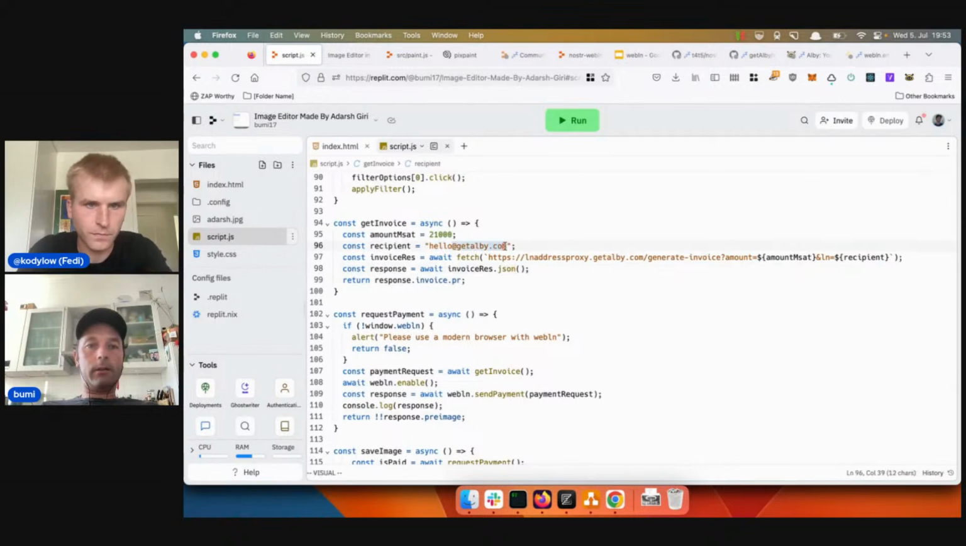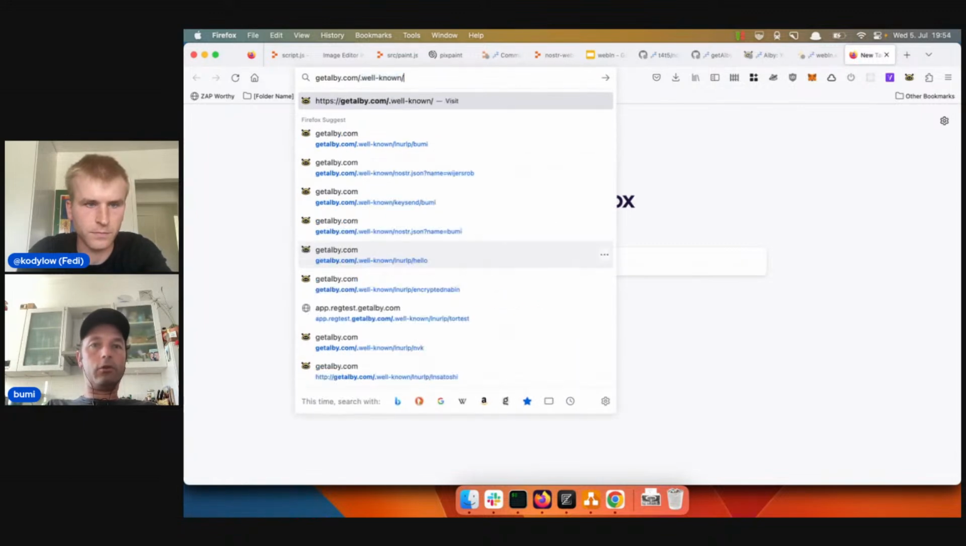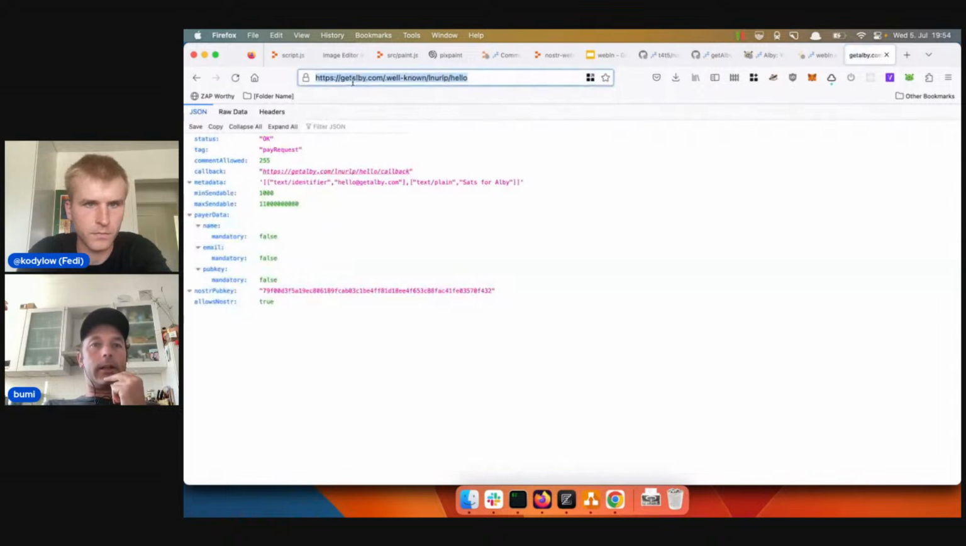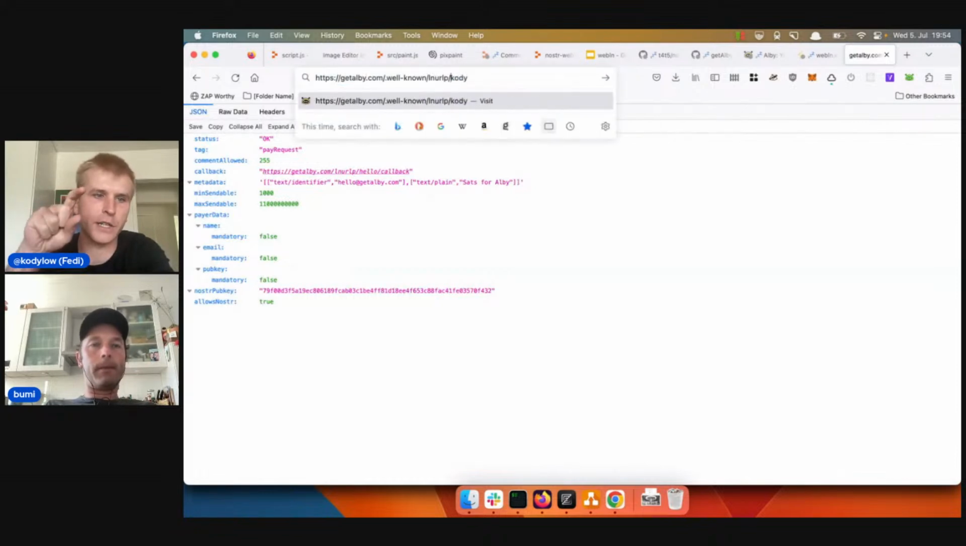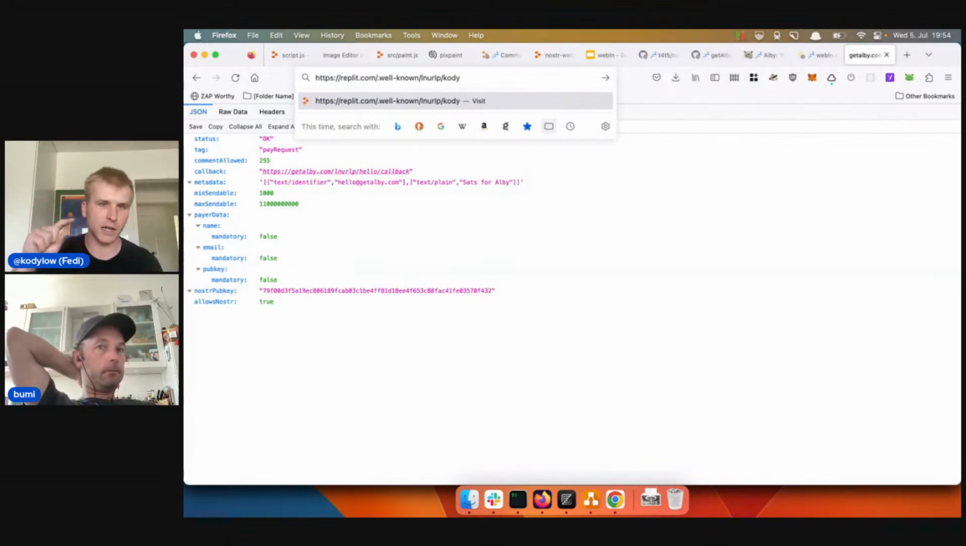Why can you do that? Because we have the 2 calls that you have to do. Here, basically, hello@getalbi.com translates to this one. And what did you have? Just really fast to focus on this, right, is that you start with something like Cody@replit.com, right? And then the way that I parse that to check if it's a Lightning address is that I go to